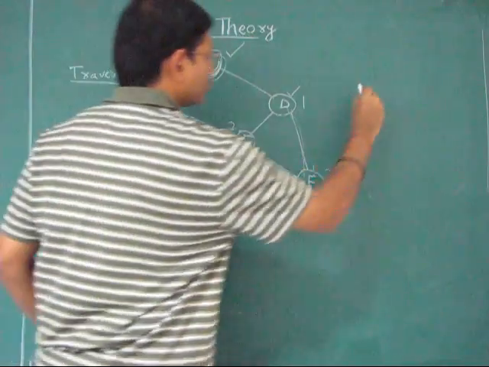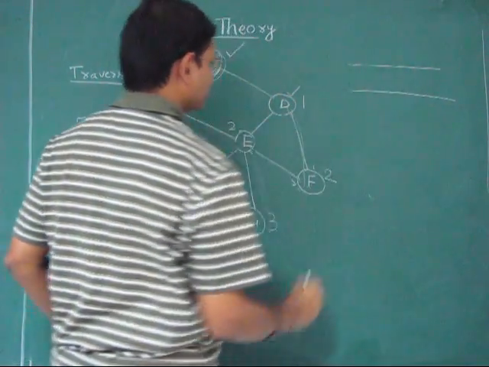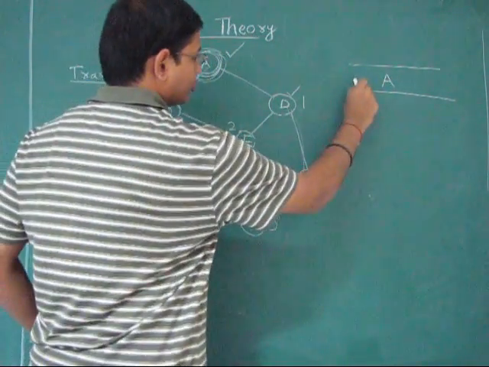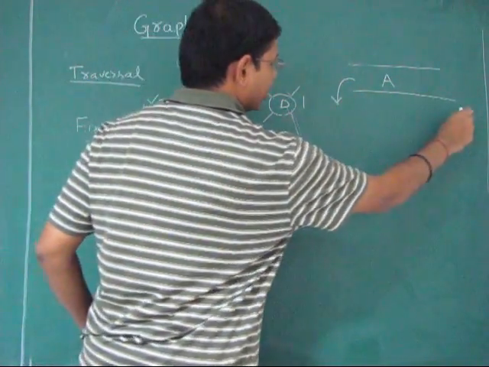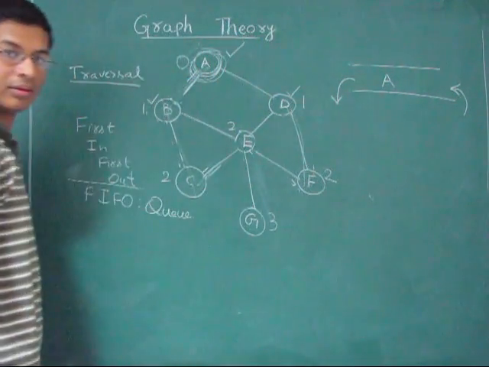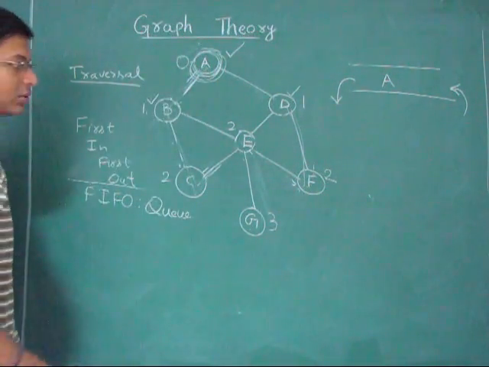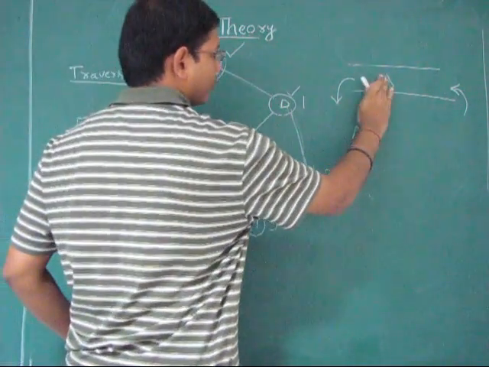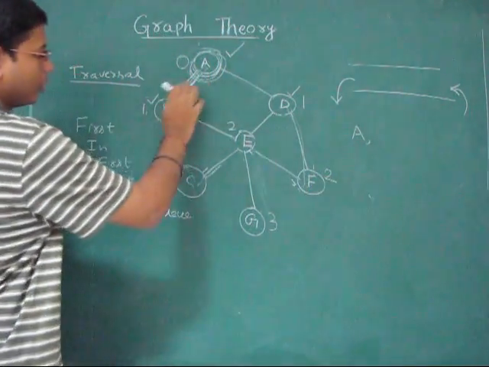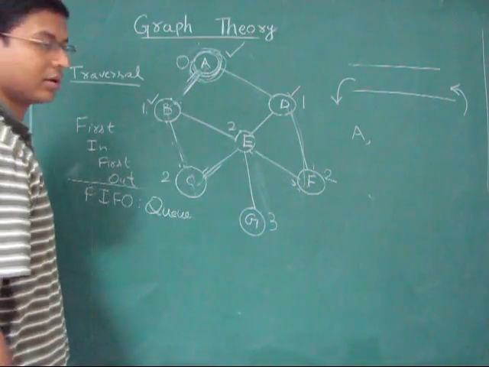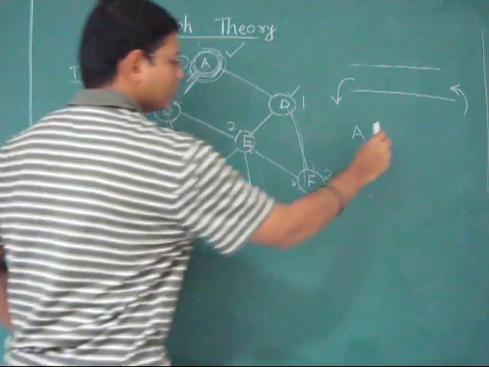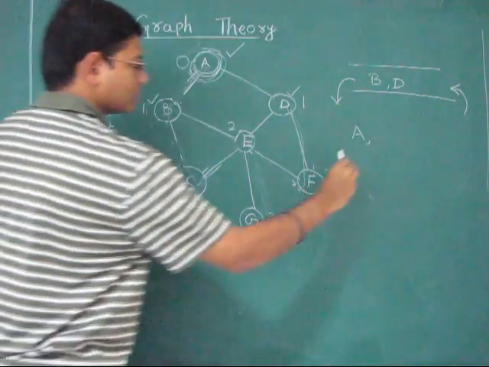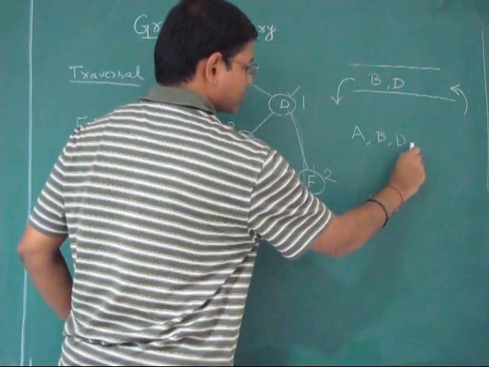So let's see how the queue runs in this example. Starting, we have the vertex A in the queue. We remove the vertices from this end and we add the vertices from the other end. So starting from A, we have visited A. Remove the vertex from the front of the queue and put all its neighbors which are not visited. A has neighbors B and D, so we put the neighbors B and D back into the queue. Those are the vertices visited next.